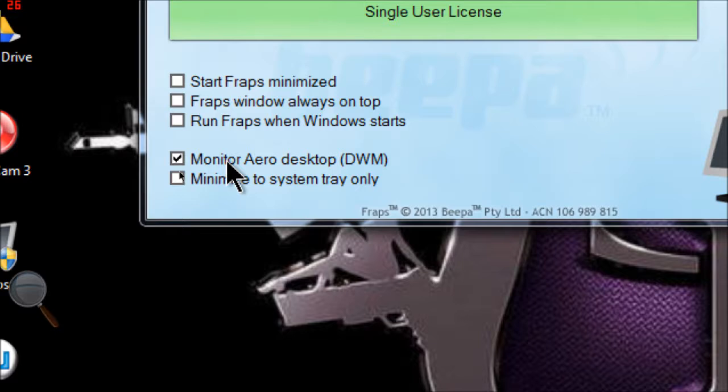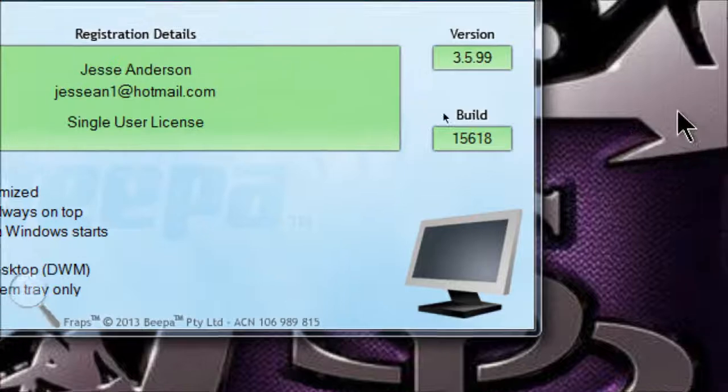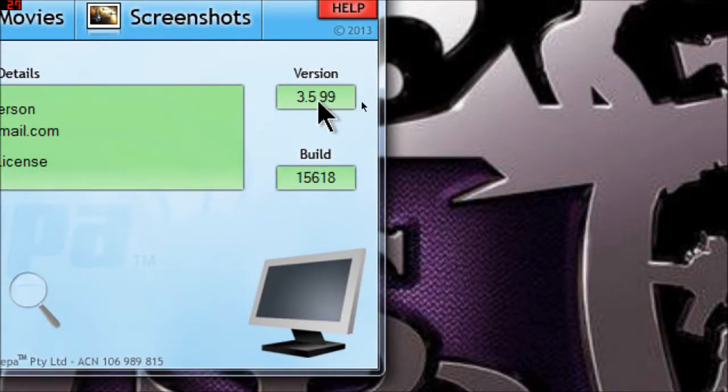Enabling that one little checkbox and upgrading to the latest version seems to have solved, I'm not going to speak too soon, but seems to have solved a lot of my remaining problems as far as recording PC content. Over on the right here, you get your version number, and the version you want to be up to is